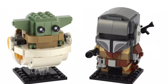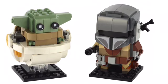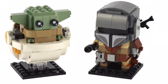Instead of spending $20 on brick sketches, I think that spending $20 on this set is actually a much better deal. The child looks great in Brickhead form, and so does Mando. I also like how the child comes with his little space cradle as well. Overall, this is a great set honestly, but I'm just more of a fan of the normal LEGO sets, so